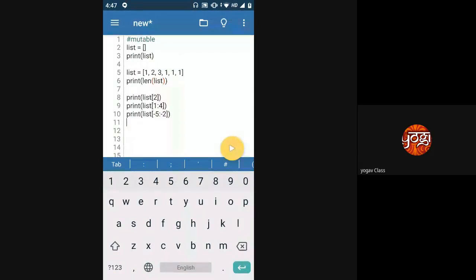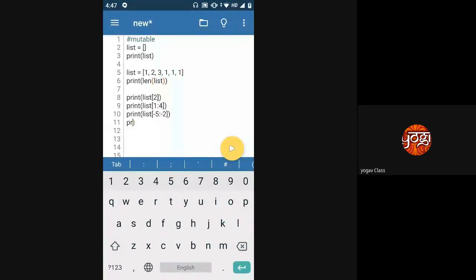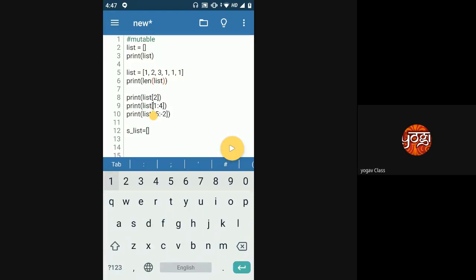Now there is one more thing. When you are printing something, or when you are trying to slice a list, for example, I have this list. Whatever we have done till now, whenever we are trying to slice a list, like from index 1 to 4, it gives me all the values from 1 to 4. It gives me 2, 3, and 1.